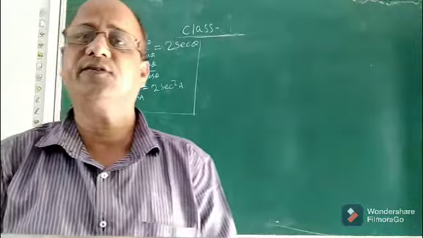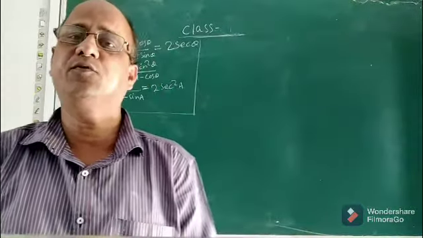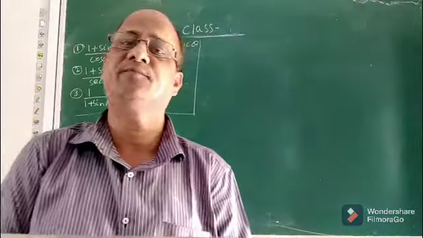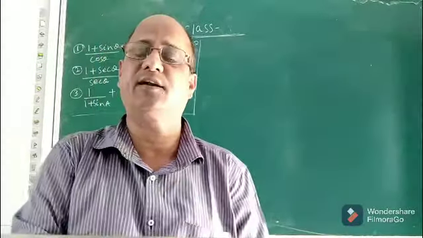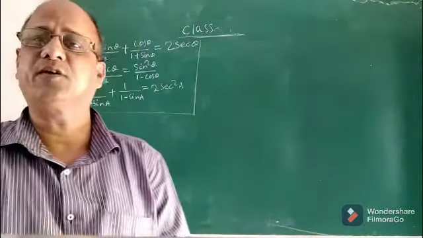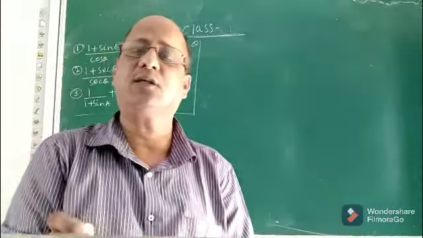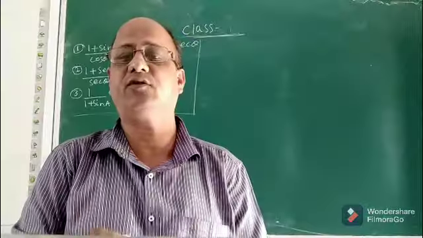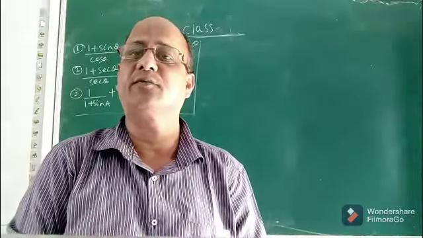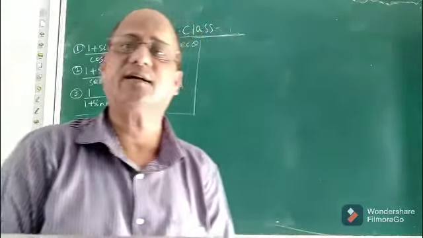You can break the LHS and get the RHS, and then your trigonometric identity is proved. Or you can break the RHS and get the LHS to prove a trigonometric identity, or you can break both LHS and RHS separately to get the same value. If the same value is obtained, then we say that the trigonometric identity is proved. Okay, let us see how.